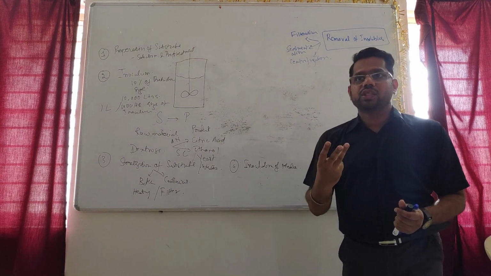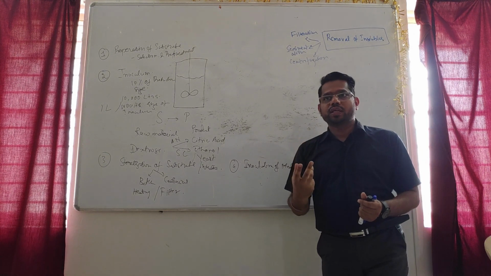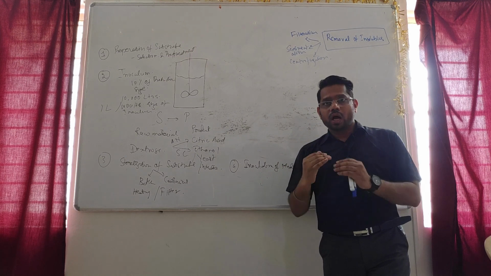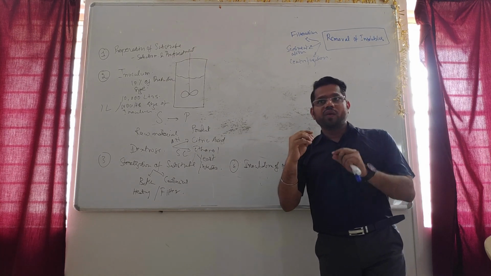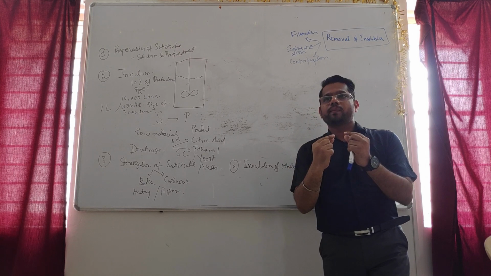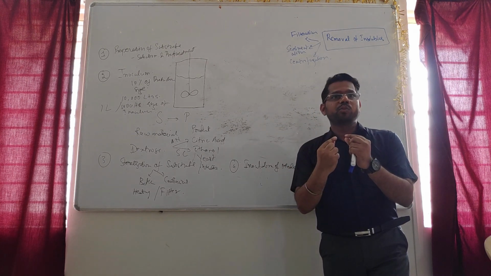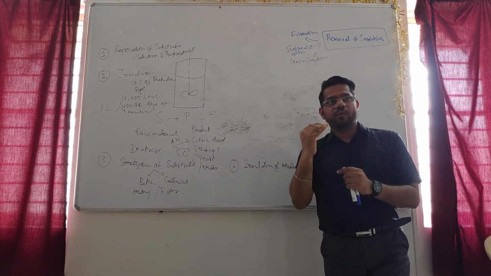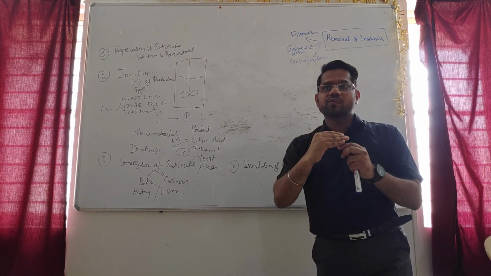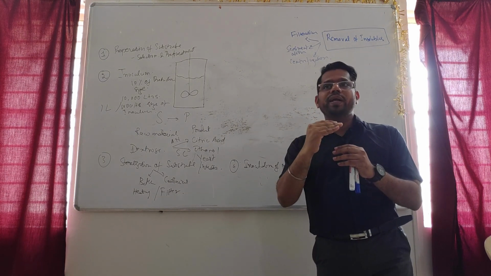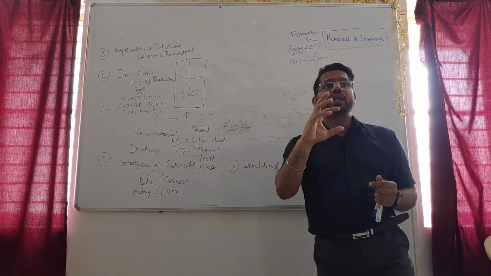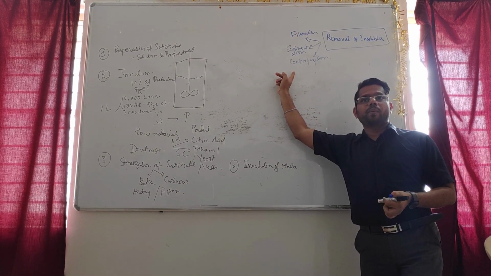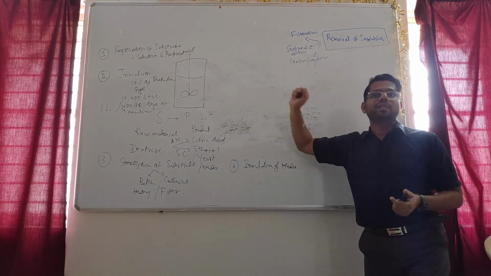You will get three basic fractions. First one is the erythrocytes, which are high in density, they will settle at the bottom, that is RBCs. Above that, you will have a thin buffy coat which is known as leukocytes or platelets, WBCs, and above that you will have a plasma which is the lightest one. In this way you are going to separate the whole blood into its individual components based on the density. The same way centrifugation will be used to separate particles from the liquid based on the density.